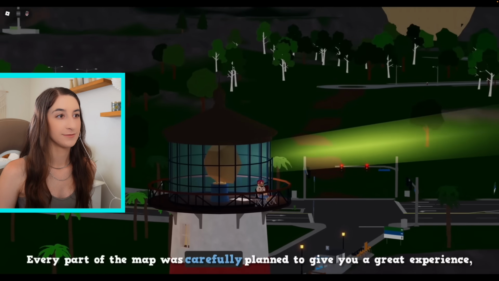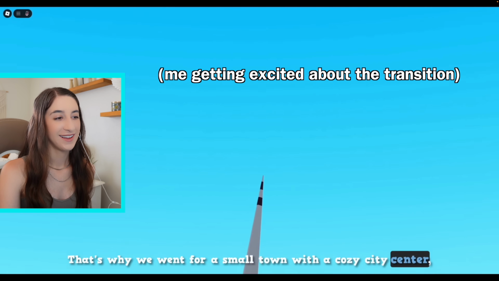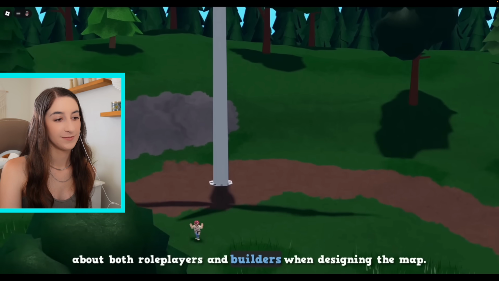Every part of the map was carefully planned to give you a great experience, while, of course, still keeping that classic Bloxburg vibe. That's why we went for a small town with a cozy city center, as a big city just wouldn't feel the same, and we really wanted to keep that warm and familiar vibe. Not only that, but we also thought a lot about both role players and builders when this